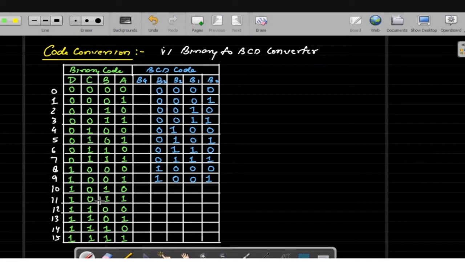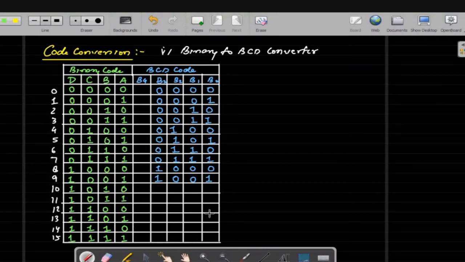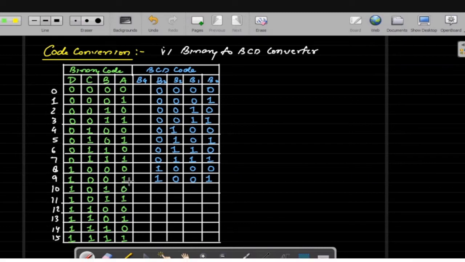But what happens for the remaining, from 10 to 15? Because we are considering this and we have to design it, from here you will have to start a new counter. So how do we start the new counter? See, this is a very interesting thing. As soon as you go beyond 10, you will have to make the 5th digit 1, and all of these will become 0 0 0 0.